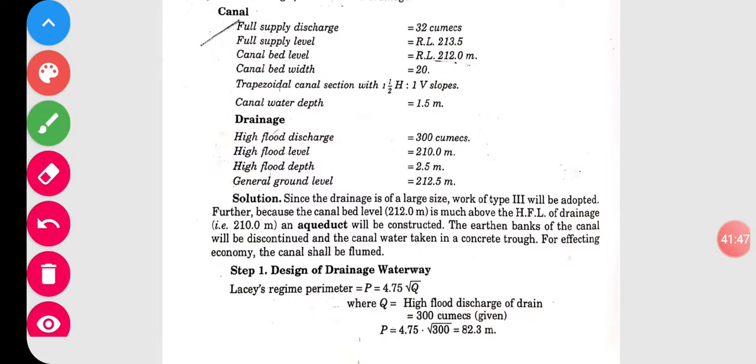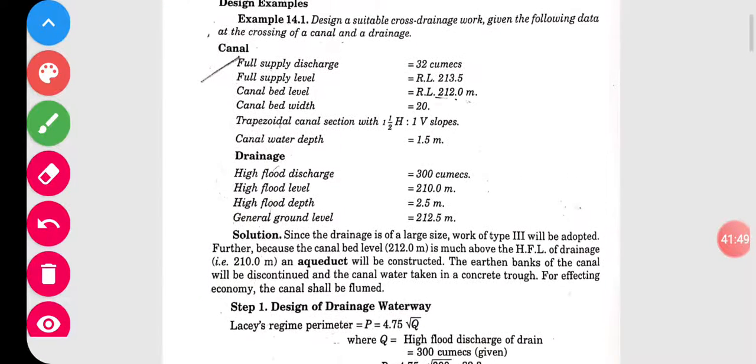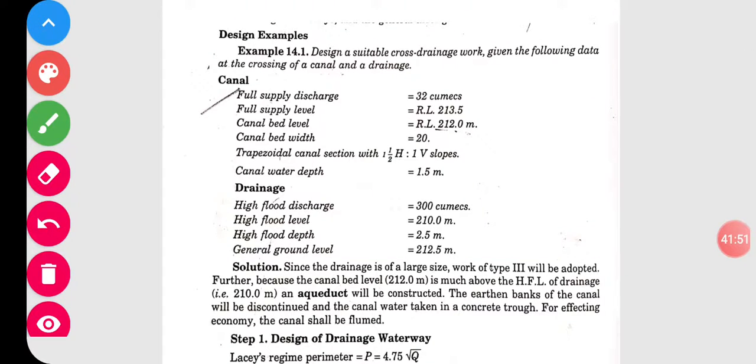I hope you understood the solution. With this, if you want, you try this once again. Try this problem once on your own, so that you will understand clearly. You have to write this problem. Write the solved problem once, so that it is very easily understood by you. Okay. So I hope with this I will conclude this design problem solution.